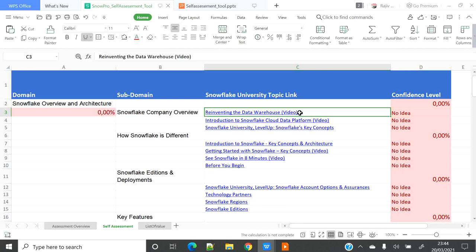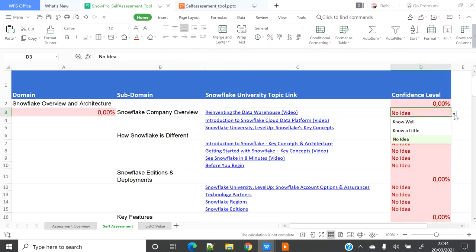Once you go to the link and read all the documents, if you think you know that particular topic, you can come here and set the confidence level. Know well means you know everything and you just need a revision during the exam. Know little means you read it but didn't get the confidence, so you are marking it to come back and take it further, but you want to continue as of now. Based on the confidence level you choose, the color coding will change. No idea means you have not started, or you have no idea, or you didn't understand.